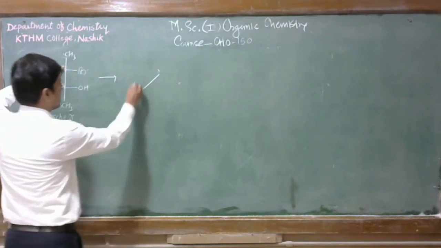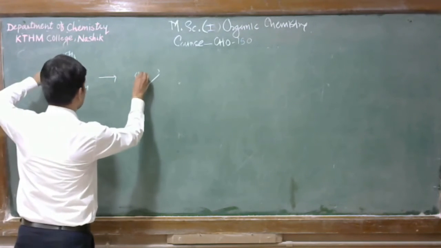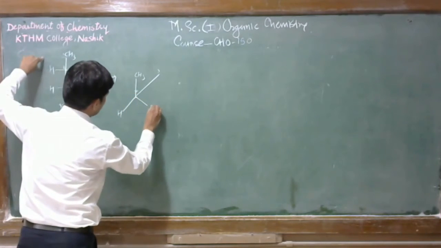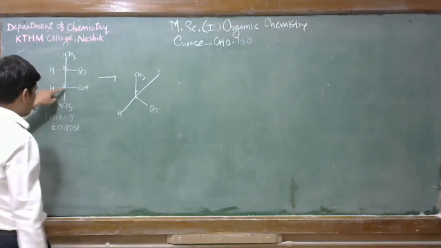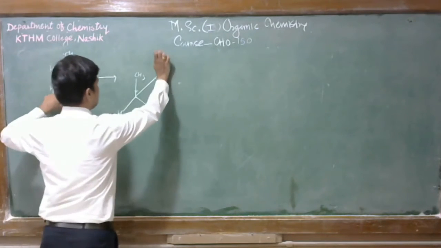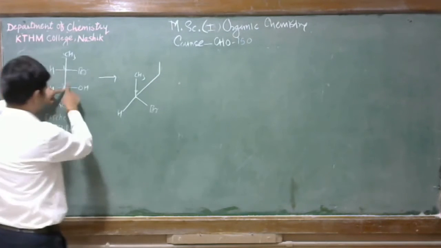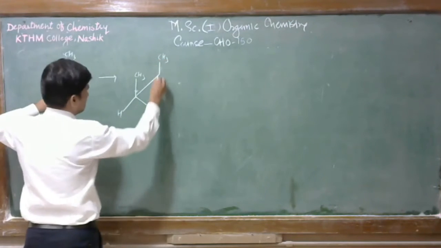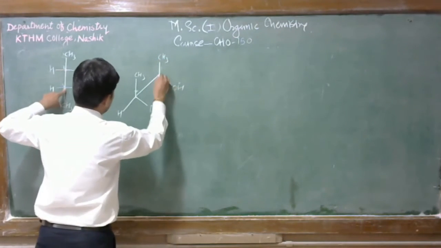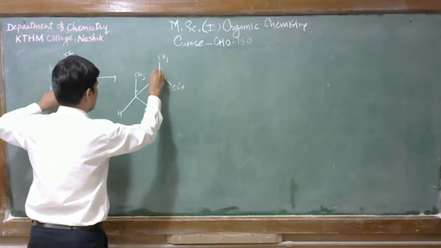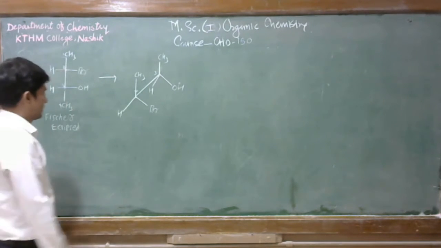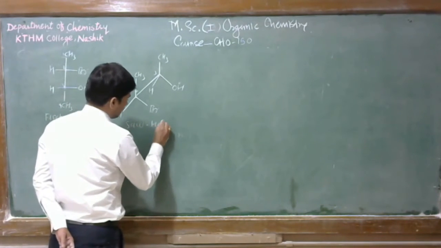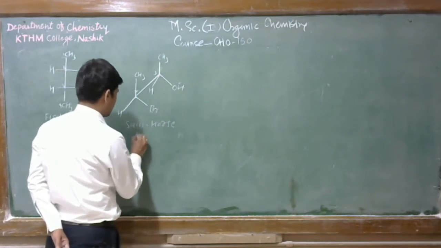Then you can write, see, this CH3 is on the above side, this hydrogen is toward the left hand side, and this bromine is toward the right hand side. And on carbon number 3, the CH3 is on the vertical line. Therefore, this CH3 is shown here, and this hydroxyl group is on the right hand side, and the hydrogen is on the left hand side. So this is the Sawhorse projection formula, but it is in eclipse form.